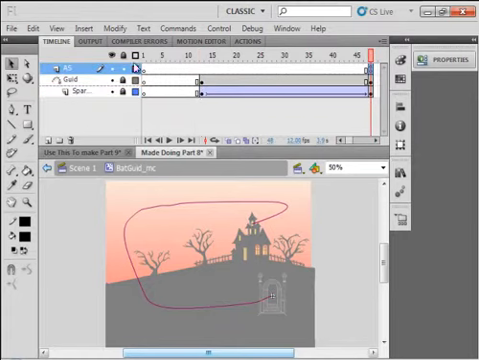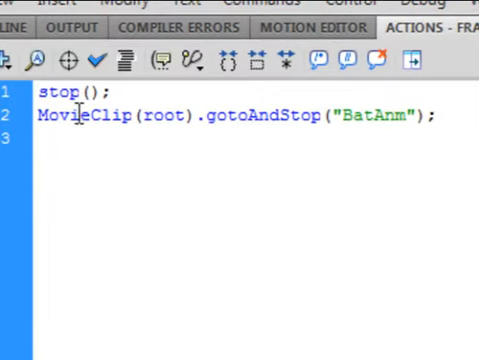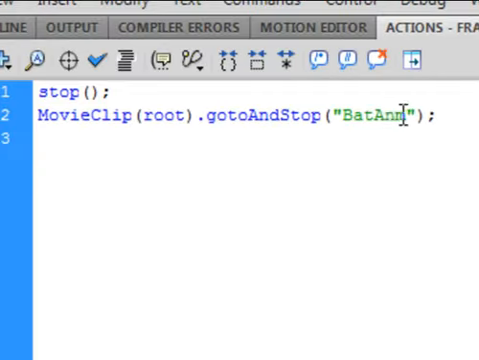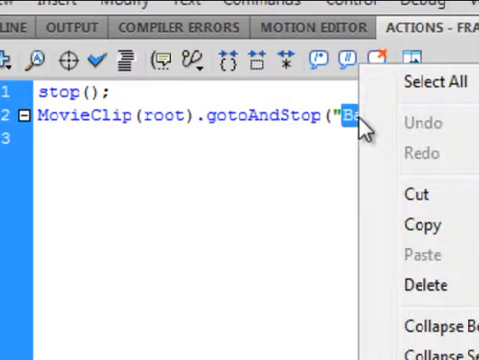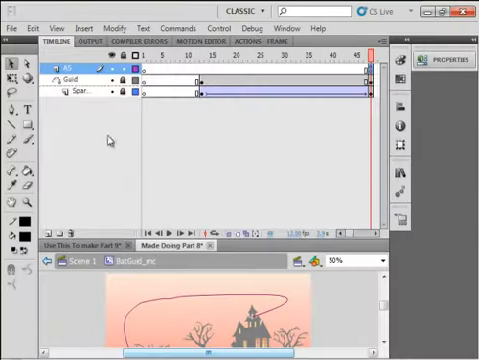And on this actions layer, you have a stop, and you have this code that sends me back to a frame called Bat Animation. So copy that after you've typed it in. Copy that. Go back to scene 1,